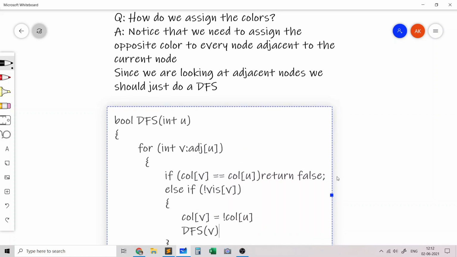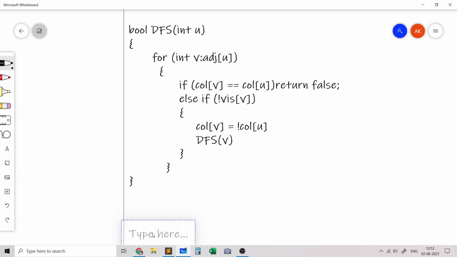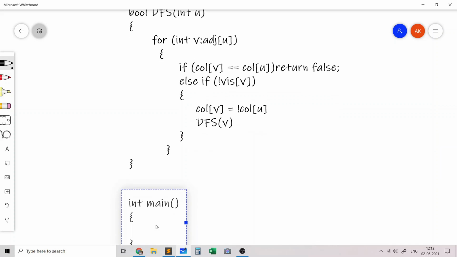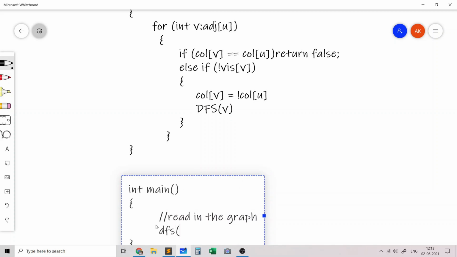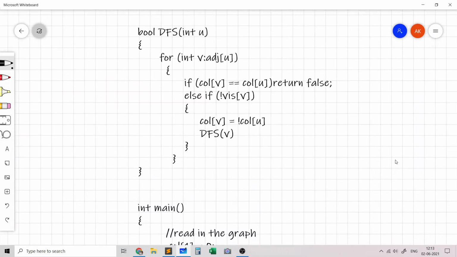And initially we need to make sure that when we are calling the DFS from the main method, so the main method will look something like this. We first read in the graph, and then we call DFS on the first node. Let's say that node is 1, and before we call DFS on 1, we just need to assign color of 1 to be 0. Now a few things about the implementation.